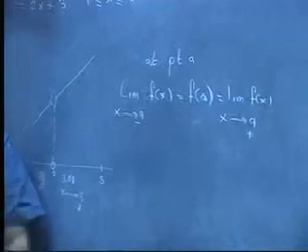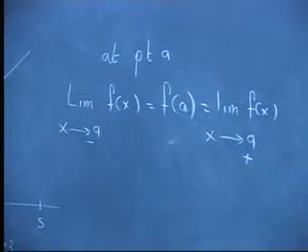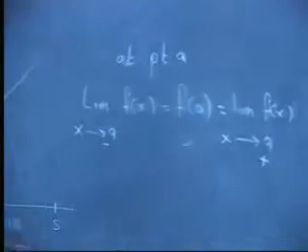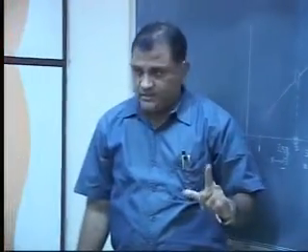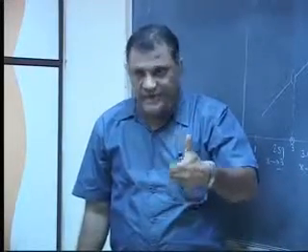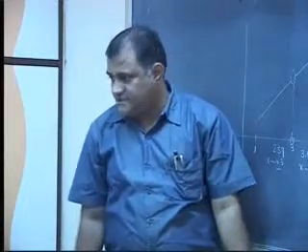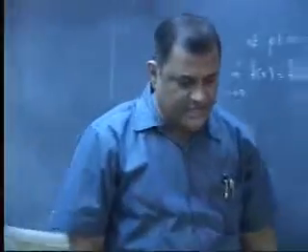Two types of questions are asked on continuity. First, checking the continuity at a point, and second, where the function is given as continuous and we have to find the values of the constants. Are you understanding the two types of questions? First, checking the continuity, and second, finding the values of the constants. Is it clear to you? Right? Now let's come to our first sum.